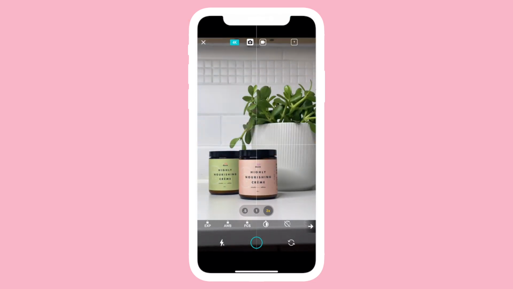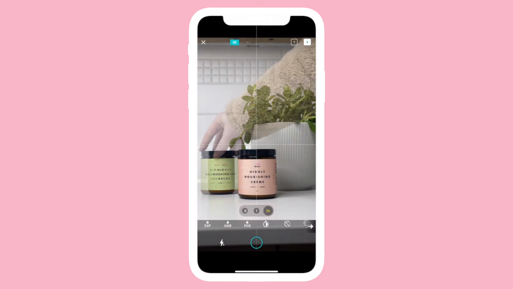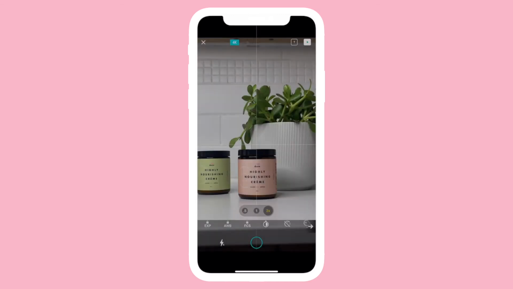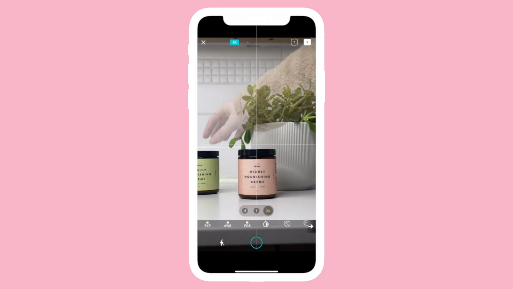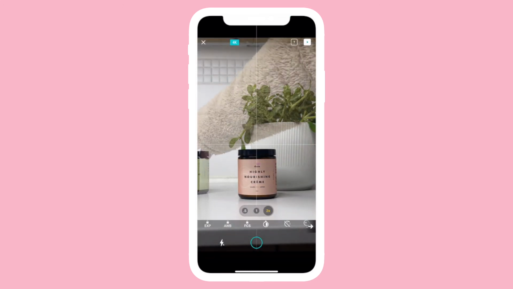So we're starting with the end shot of everything perfectly in place. It's easier to animate things away from the scene versus animating them in and having them exactly where you want to end up. So I took my photo, I'm moving the green one just a tiny bit each shot, and taking the photo, and we're just making sure the green one is fully out before we animate the pink jar